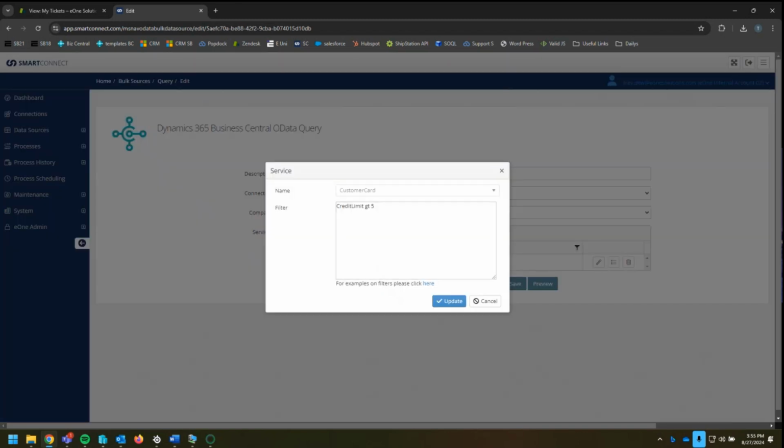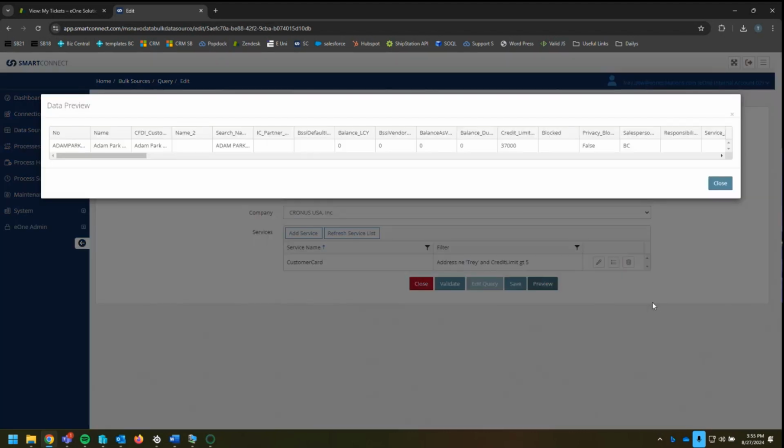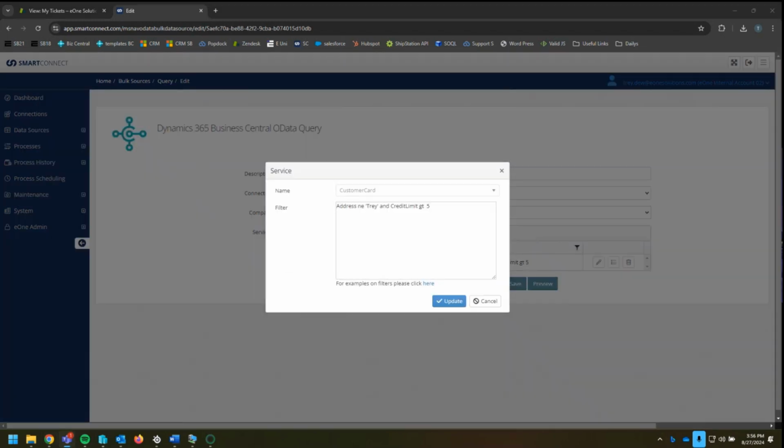So then that does move us on to the ands and the ors. So I will just use this simple one here, address not equal to my name, and credit limit greater than 5. This will only pull in 1, but you can see that and is in there in that filter window. Preview, you can see everything is in the correct format. Works perfectly as expected. So then moving on to the ors,